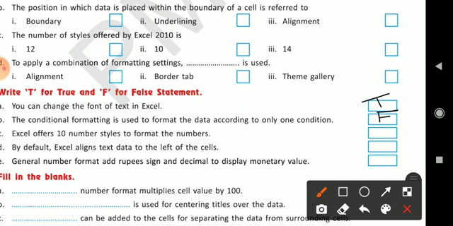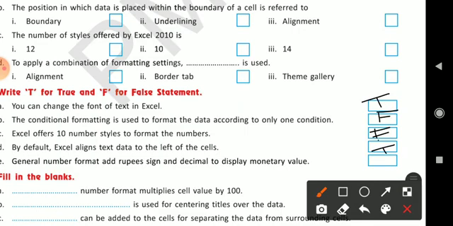Excel offers 10 number styles to format the numbers. This is also false because it provides 12 different number styles to format the numbers. By default, Excel aligns text data to the left of the cell. Yes, true. It allows text data to the left of the cells and number data to the right.